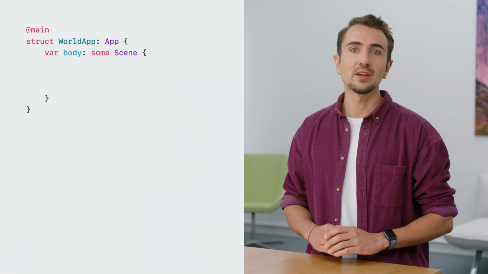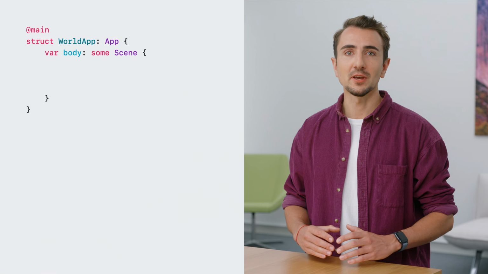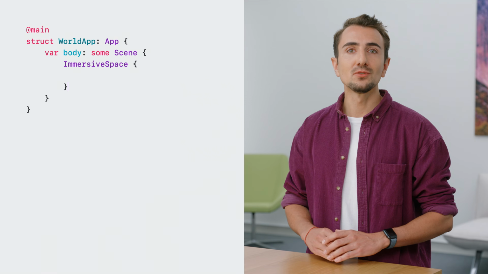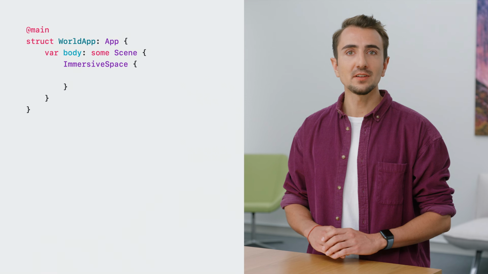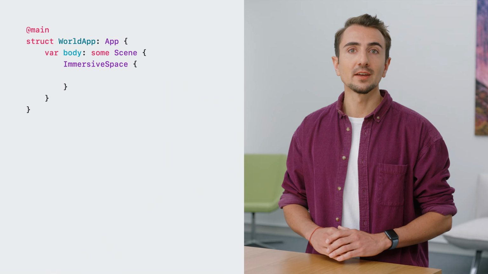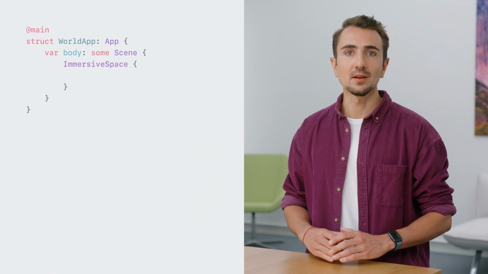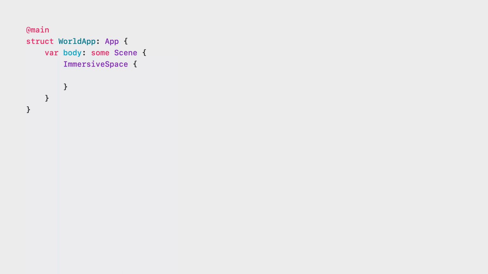Spaces are a new scene type in SwiftUI called Immersive Space. As you would do with other scene types, you define an immersive space in your app and can then open and dismiss it at any time. You can make your whole app consist of only one single space. But you can also extend your existing app by adding one or more spaces next to your windows and volumes. Your app can have one space open at a time. Before opening another space, you first dismiss the current one.